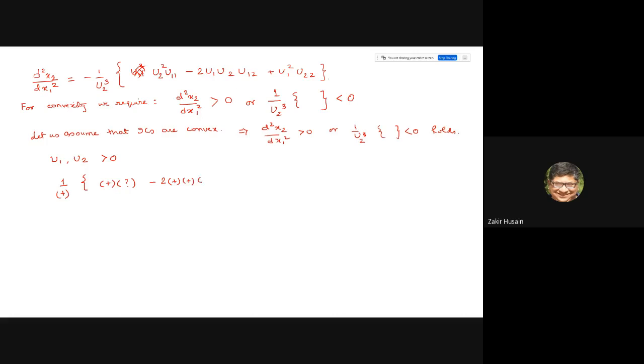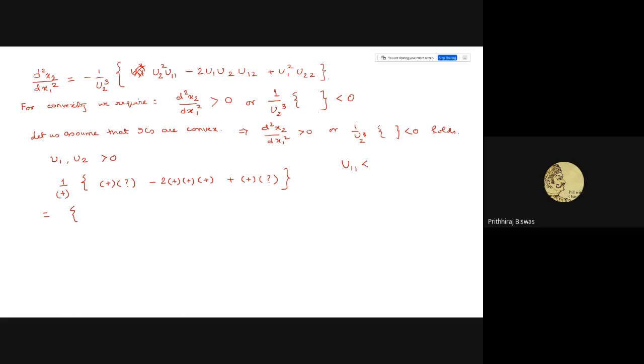U12 is also positive. So this is positive, and again U22 is where the law of diminishing utility comes in. So we don't know the sign so far. So plus, we can forget about this. So if U11 is, suppose, negative,